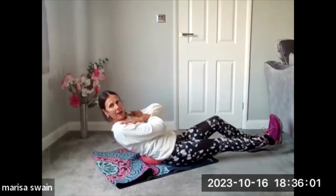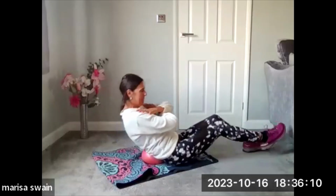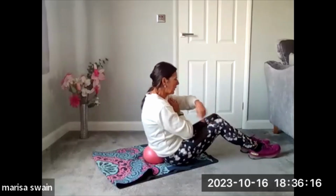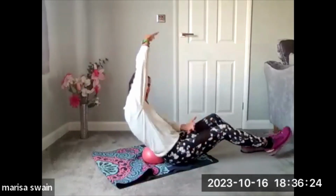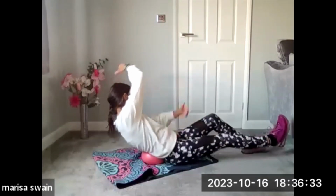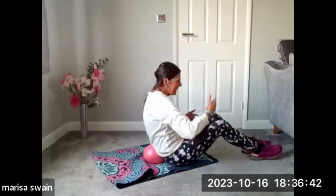And then as you come back into a little squash, you're going to press that leg away. All right, and again, press away. Now I'm going to release and do something with my arms. So as I come out on my right leg, I'm going to come over to my right side and then over. I'm kind of making a bit of an up and under, like we do when we're standing. So we come up and under, up and under, up, and again, up and under. 2 more, 1, last time,